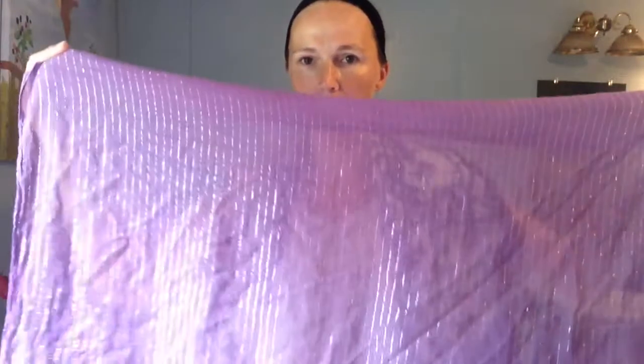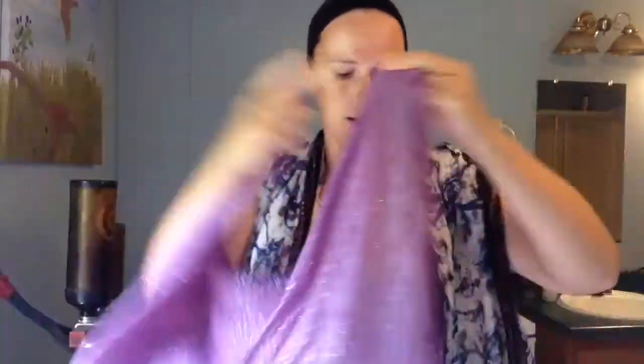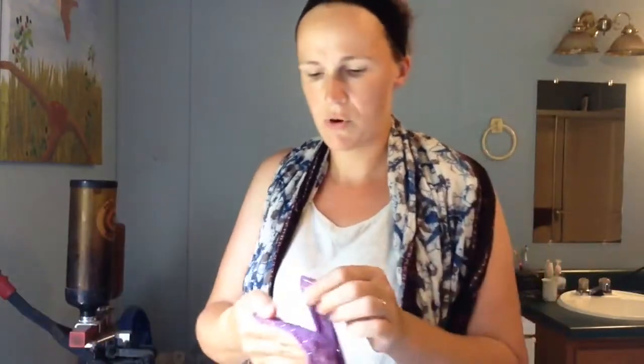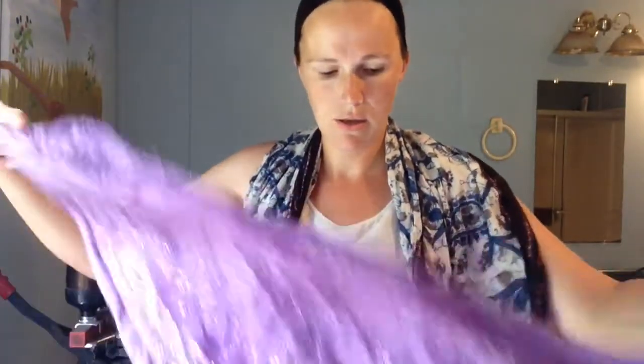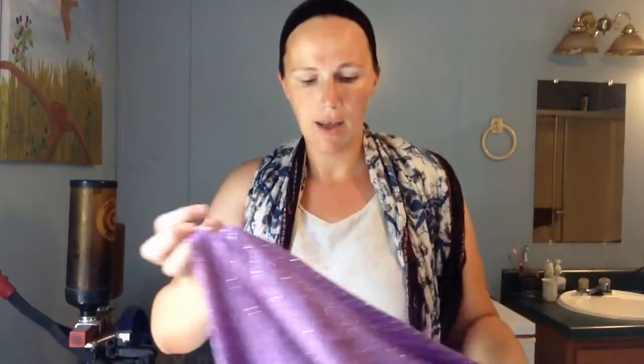Let's see, here's another large square. This is cotton, so it's very lightweight. I love these. These are great. You can do more with this because it's so big. A friend of mine, Jessica P., gave me two of them last year. I thought it had a tag on it. I might have taken the tag off. It was from